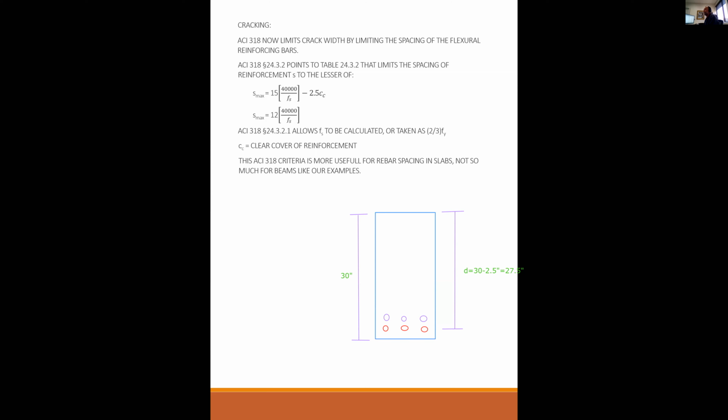Except what you forgot to do, and I wanted to just call this out to make sure that you understood, is that you assumed a single row when you came up with these numbers. You took 25.59 plus 2.5 and then chose 30. And then you made D 30 minus 2.5, which is fine for a single row. But as soon as you realized,